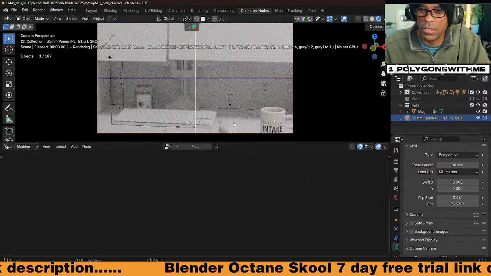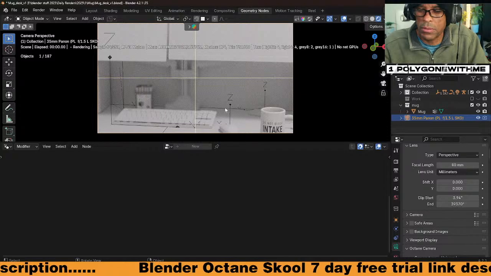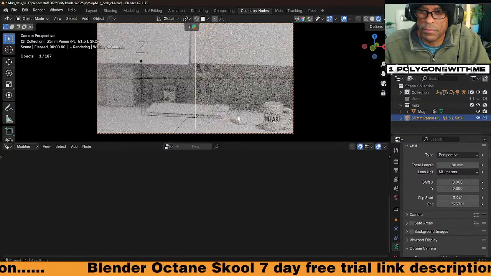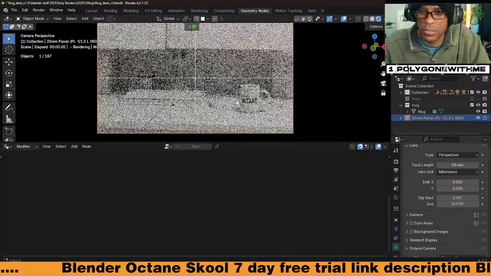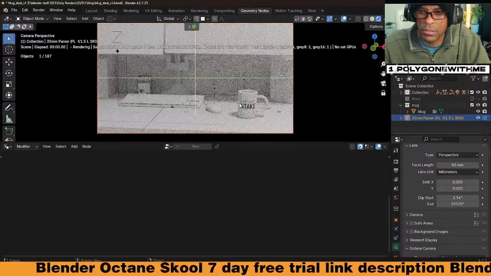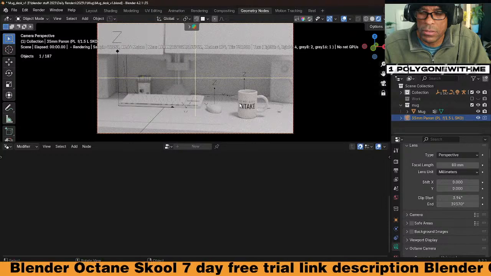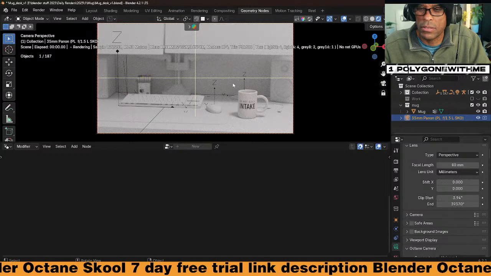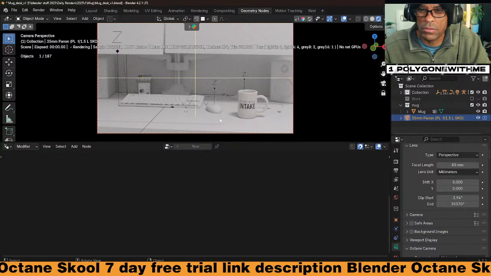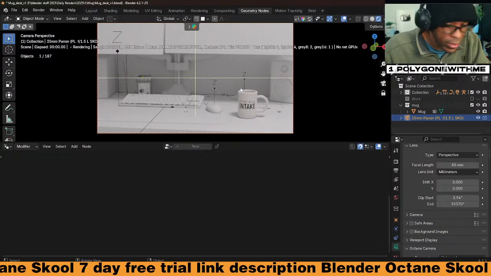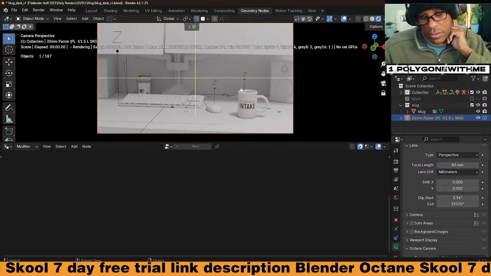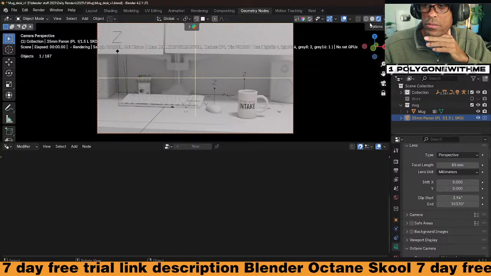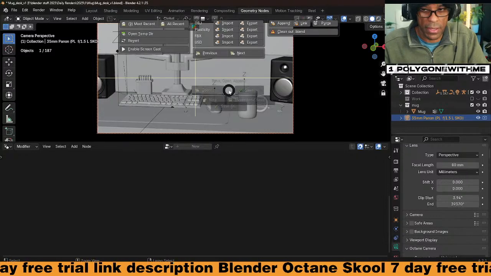Ooh, I like the 80 mil a little bit better too. 80 mil is pretty nice. I think I might add a plant on the desk too, because I originally had it, but then I took it off because it's not getting good sunlight. Let's save that.